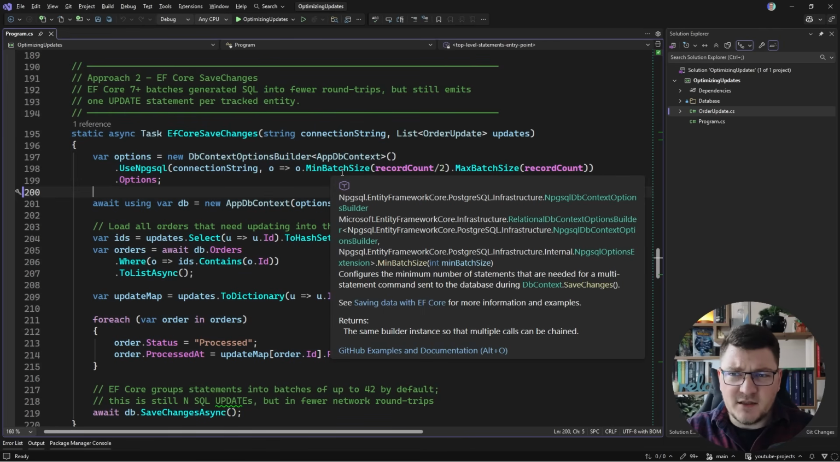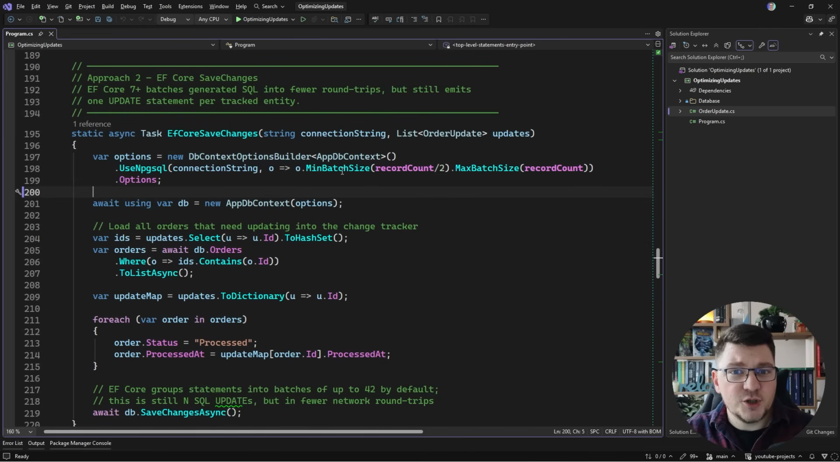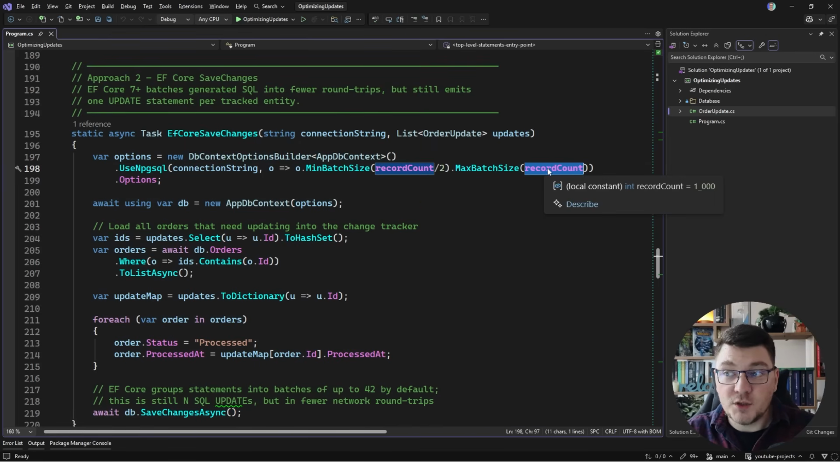And by default, I think the batch size is 42, which should be the answer to the meaning of life, but we're going to set it to, let's say, a minimum batch size of half the record count and up to a maximum batch size, which is equal to our record count. Now in your testing, you can figure out which scenario gives you the optimal results, but what makes this example